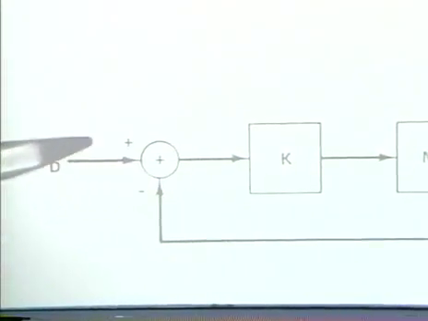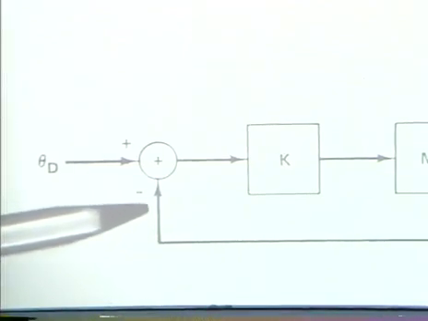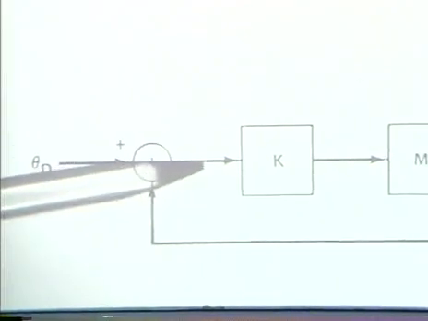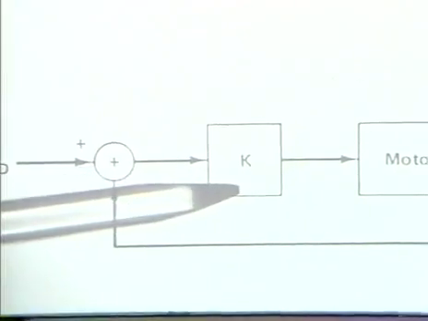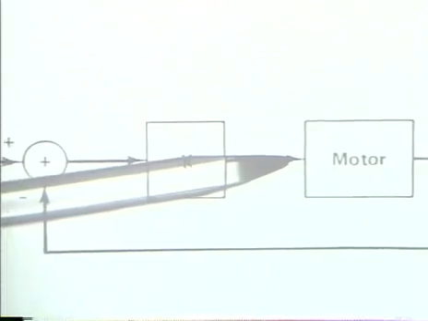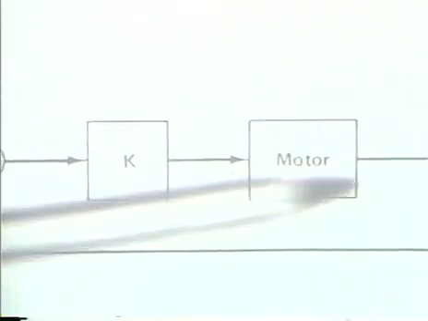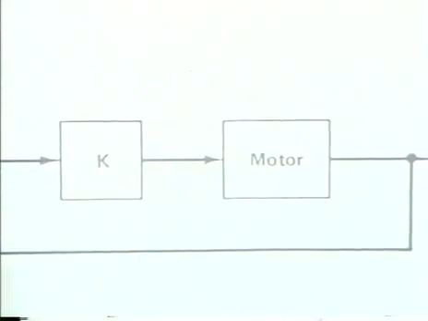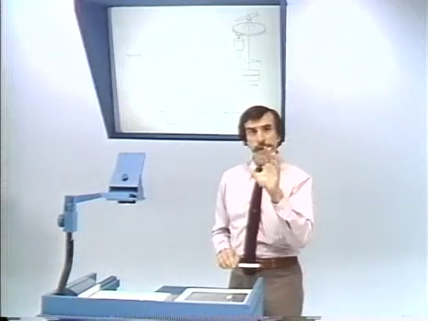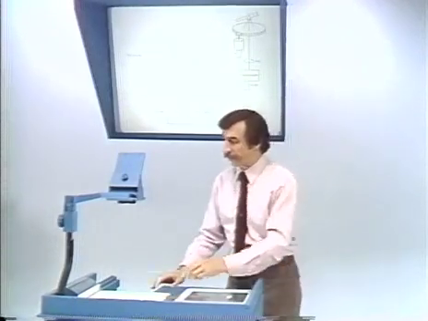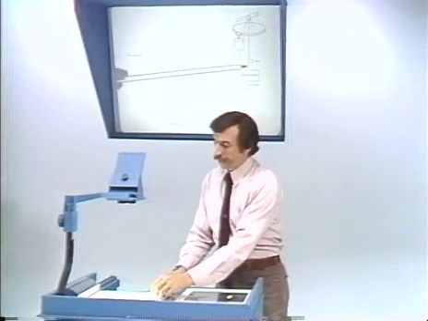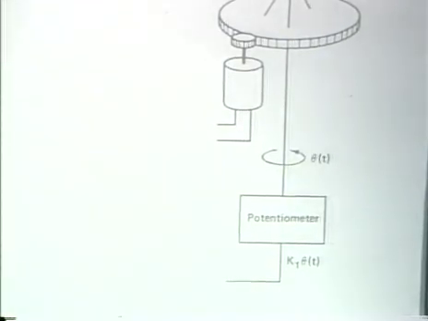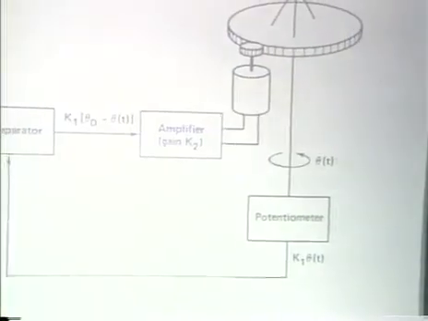And the difference between those, which essentially is the error between the platform positioning and the desired position, would be put perhaps through an appropriate gain or attenuation and used as the excitation to the motor. So in the mechanical or physical system, that would correspond to measuring the angle, let's say with a potentiometer. So here we're measuring the angle, and we have an output which is proportional to that measured angle. And then we would use feedback,